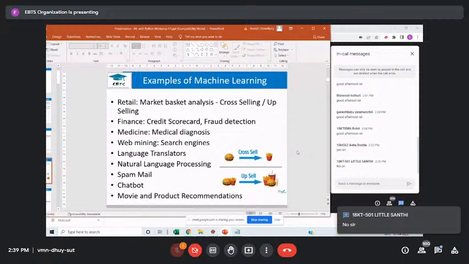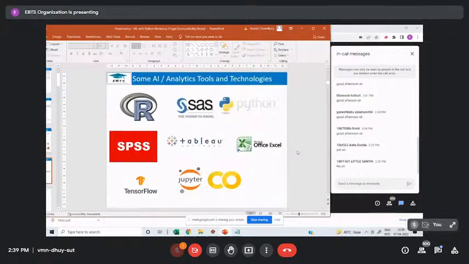Fine. So now you have understood this. Some of the tools that are very popularly used. The two main important platforms mainly used in industry: obviously the language that we use is Python, and the second language which is also used is R. R is typically used in research organizations. A lot of research institutes use R, while a lot of commercial organizations use Python. But there are other companies like SAS and SPSS who have their own platforms for writing machine learning programs.